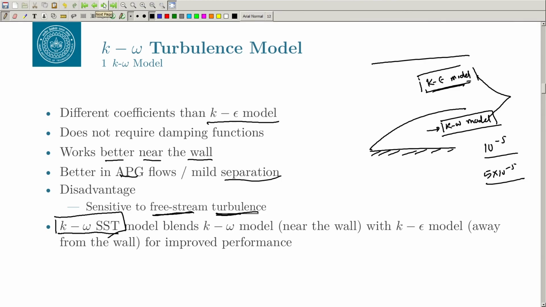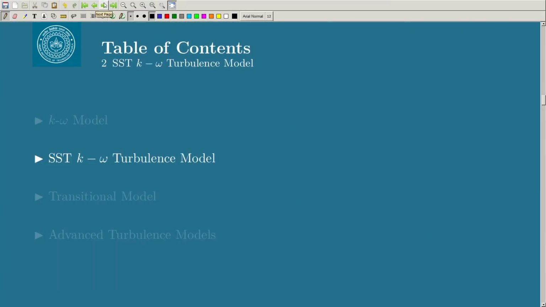So, once again, the k omega epsilon model is very good very close to the wall, but it is extremely sensitive to the free stream turbulence, and that is why it is not very useful, because you will always have uncertainty in your measurements, or you do not want the thing to change drastically if your turbulence intensity shifts by, let us say, 5%, or 10%. Okay. You want your model to be robust, and that is what you see in your SST k omega turbulence